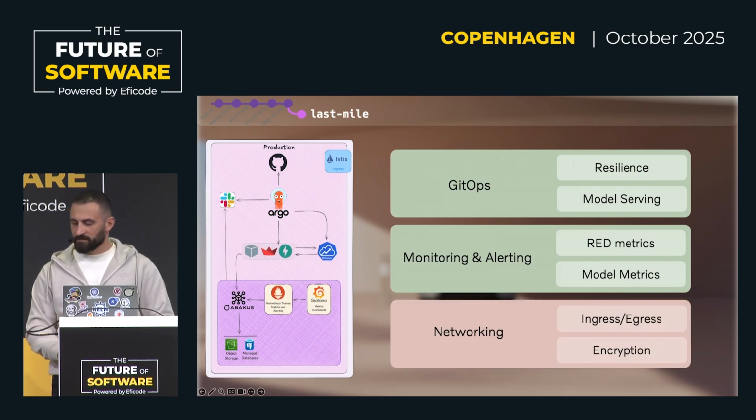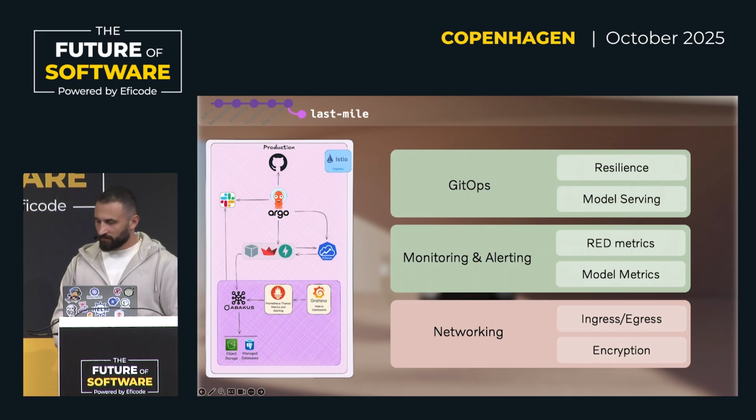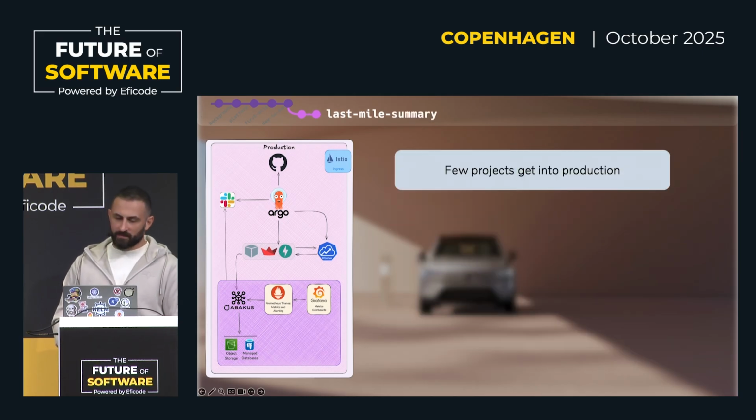And an added benefit is the networking. So TLS certificate, end-to-end encryption, ingress, egress. Honestly, users don't even know it's there. It's just there. So what have we learned from here? Well, a few projects make it into production, and that's completely fine. Many are about experimentation, about insights, about thesis maybe, but that's still valuable because you learn from every project,